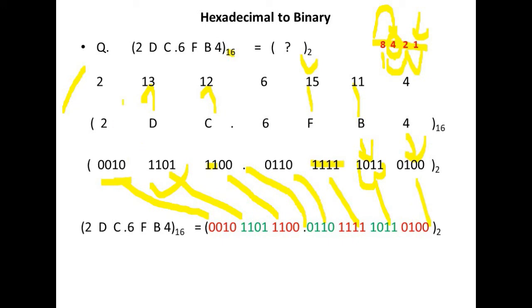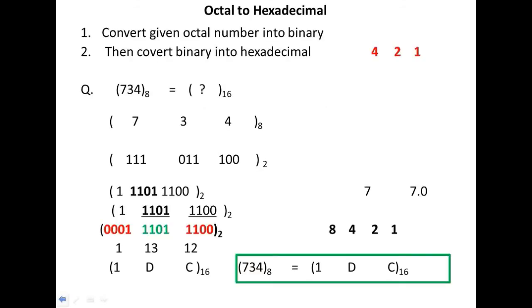So in one or two steps we can write the binary equivalent of any hexadecimal number using this sum of weights method. Now come to octal to hexadecimal. How would we convert an octal number into the hexadecimal system? Let us explore this method. First we have to convert the given octal number into a binary number, and then, as we have just covered, convert the binary number into hexadecimal. In this case we have to make groups of 4 digits and convert these 4 digits into the equivalent hexadecimal digit.